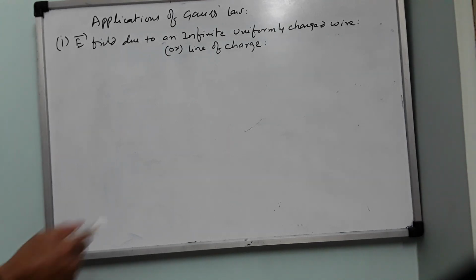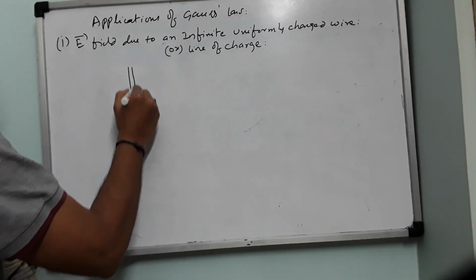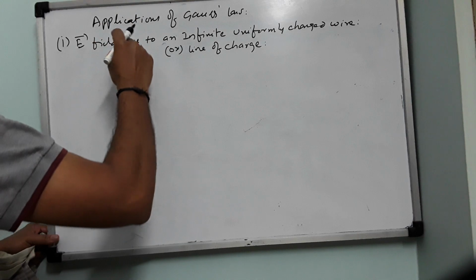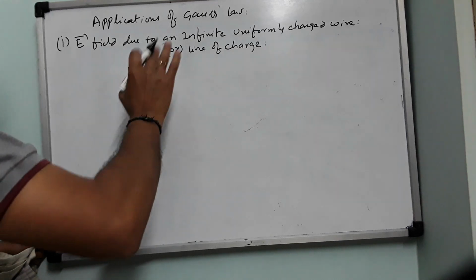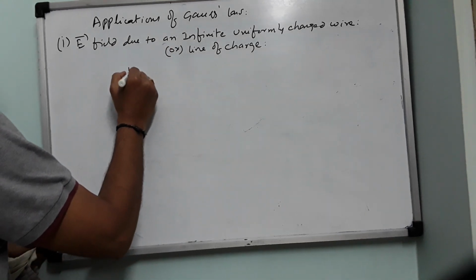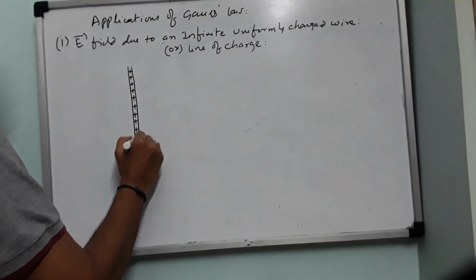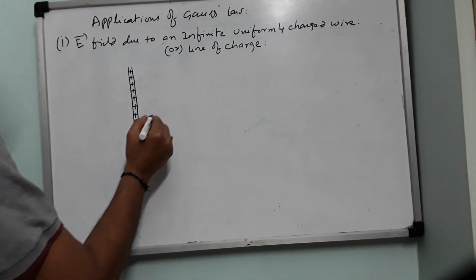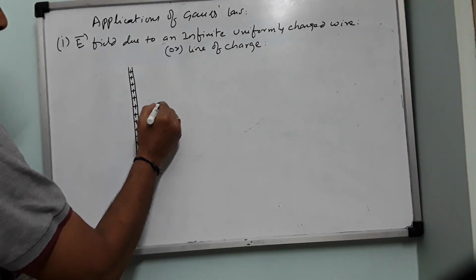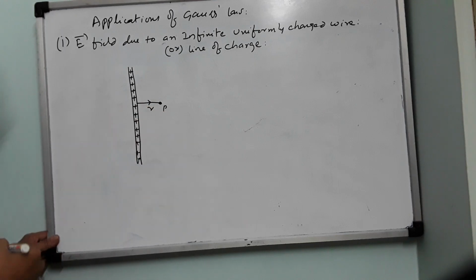So here we have a wire of infinite length. At the top it extends up to infinity, and at the bottom also it extends up to infinity. You stroke it with something so that it loses its electrons and now it acquires a positive charge. Now I would like to calculate the electric field at a point P, which is radially located at a distance R. So this line is perpendicular.